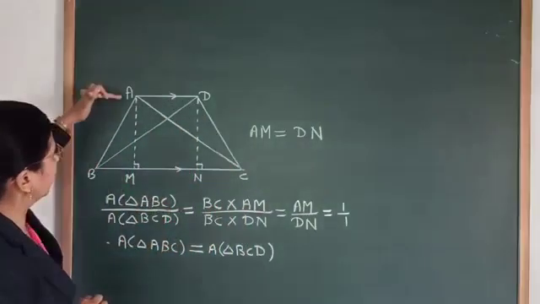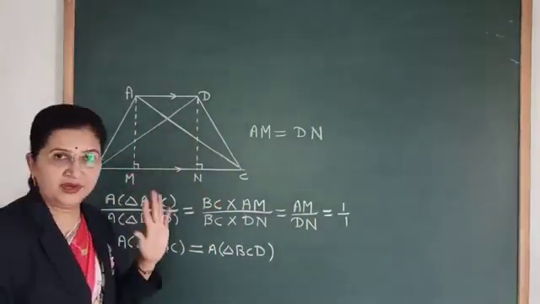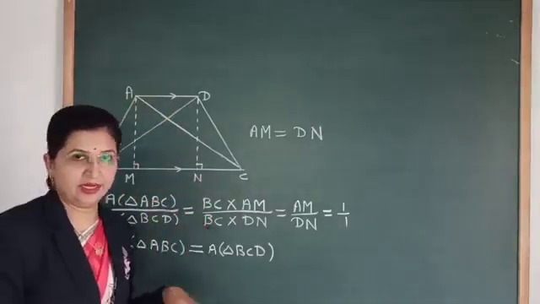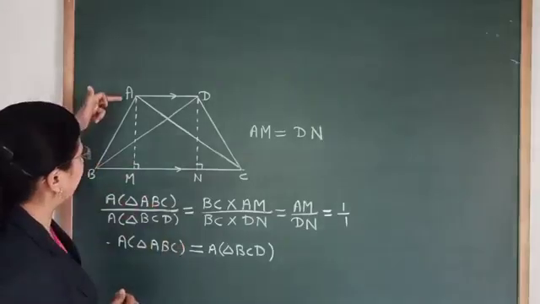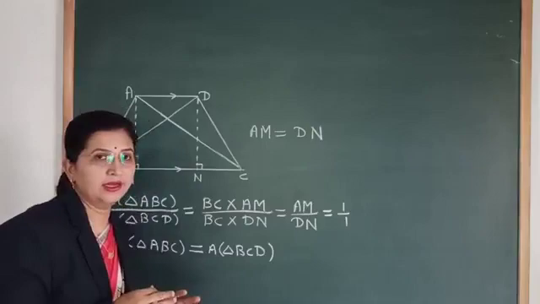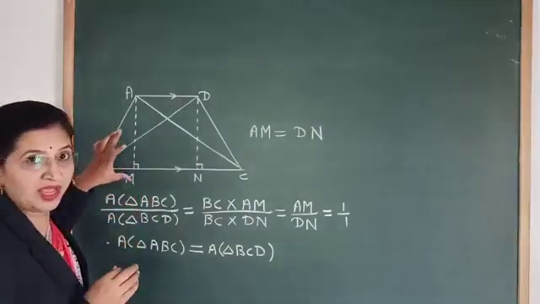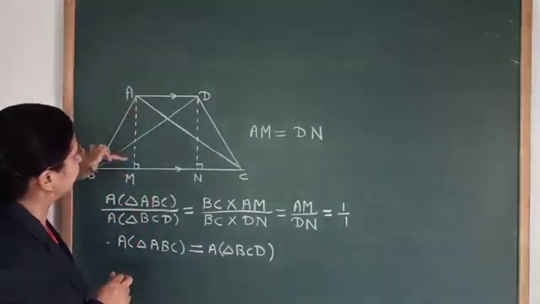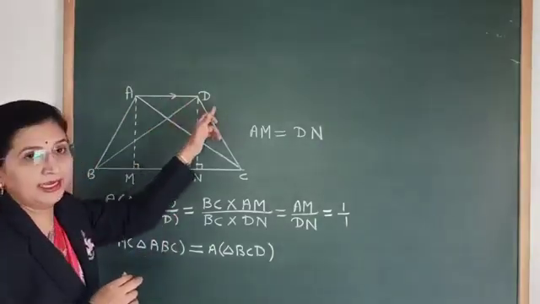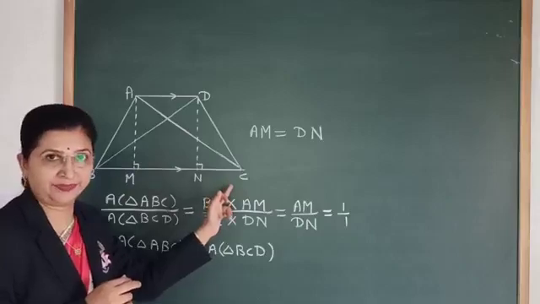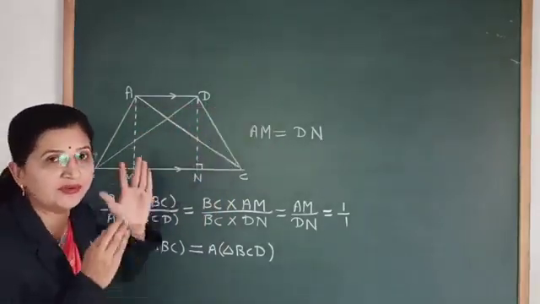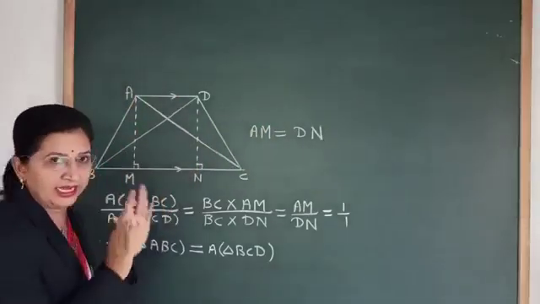Okay. Quadrilateral ABCD, in which AD is parallel to BC. It is given. It means that we can say that quadrilateral ABCD is a trapezium. Now here, as it is a trapezium, we know that the distance between two parallel lines is constant. Now here AD is parallel to BC. So wherever you take the distance between these two lines, you will find that the distance is equal.